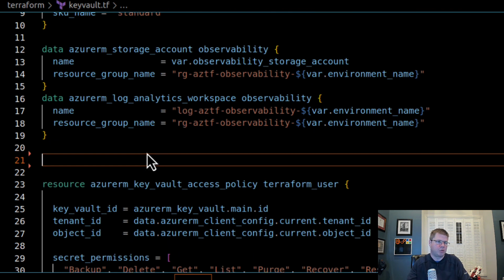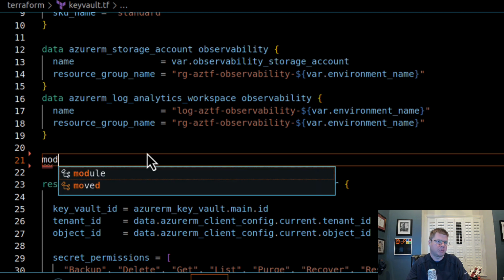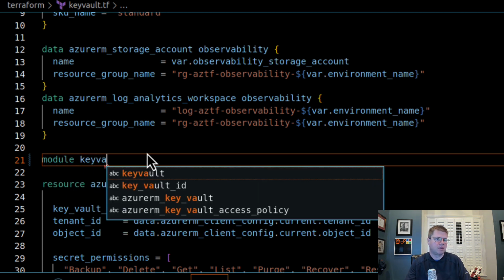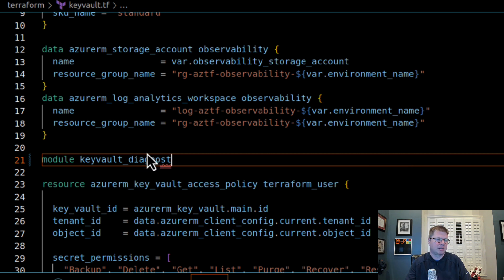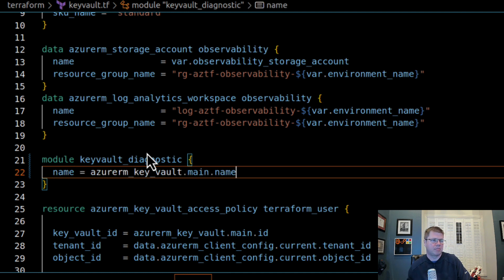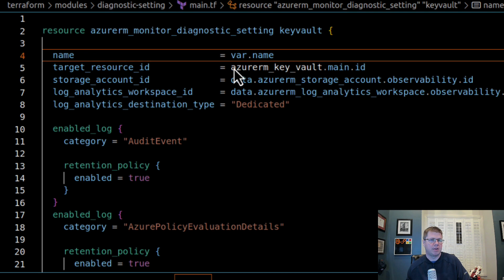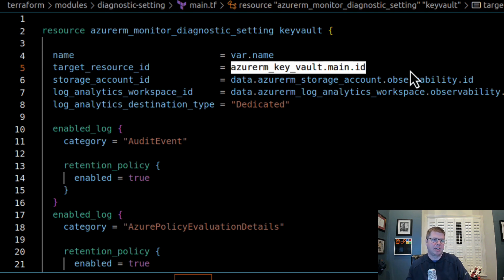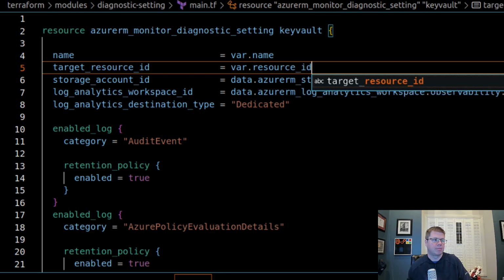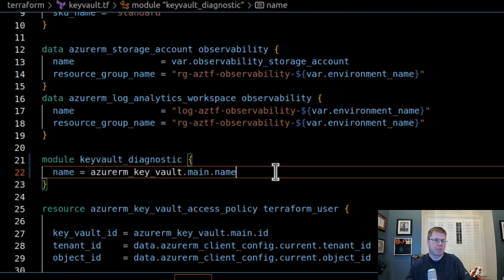and in my module, so I'm just going to declare my module. So this is my key vault diagnostic, and then the name is going to be that, and we need a variable for name. And then we're going to have a var resource ID, and that is going to be,